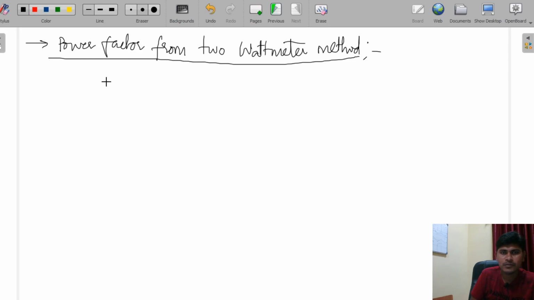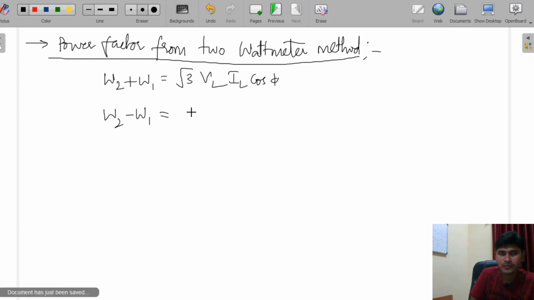We know W2 plus W1 is equal to root 3 VL IL cos phi. What about W2 minus W1? W2 minus W1 will be equal to, what is W2? W2 is VL IL cos of 30 minus phi